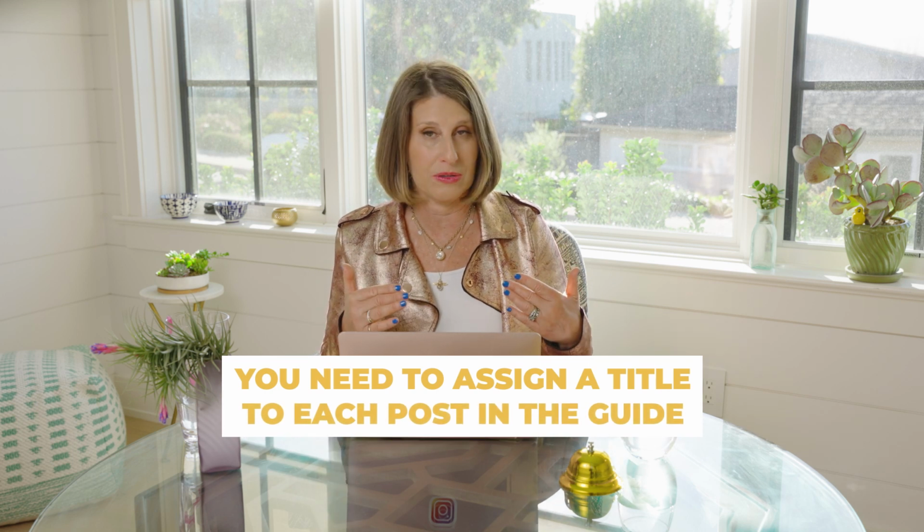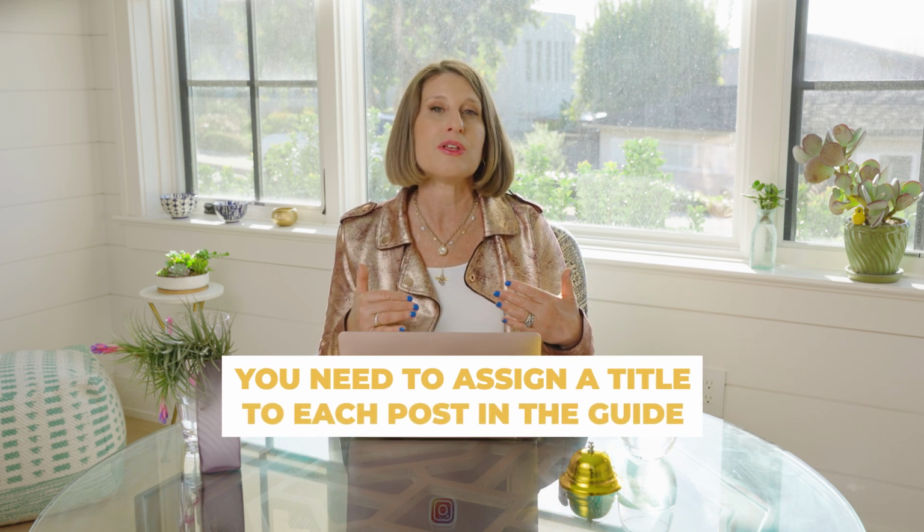Now, don't worry, it's not going to change the post in your guide. It will just change the image on the cover. You also can't upload a custom image for the cover photo. You must choose one from your feed or your saved posts. And next, you need to assign a title to each post in the guide. So if you want to add more posts to the guide, at this point, just tap on the plus sign,